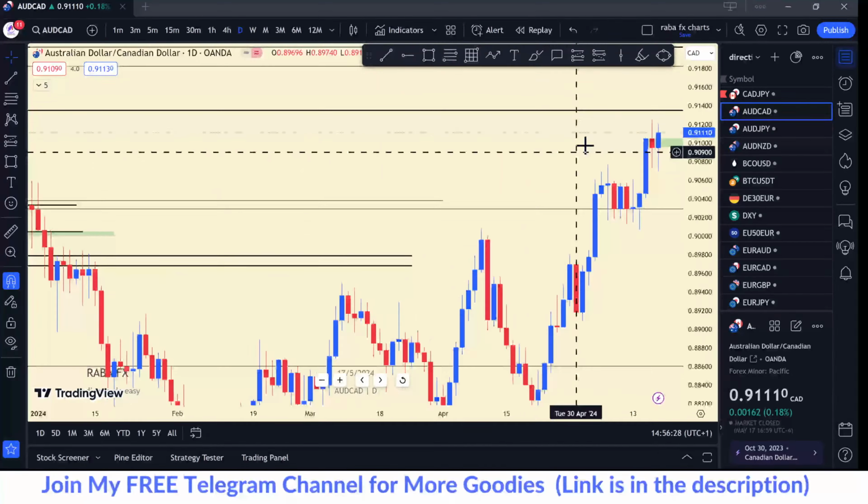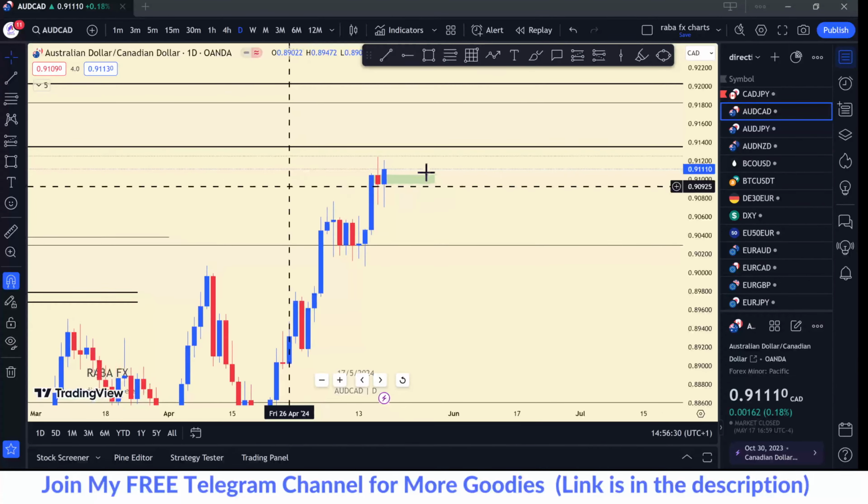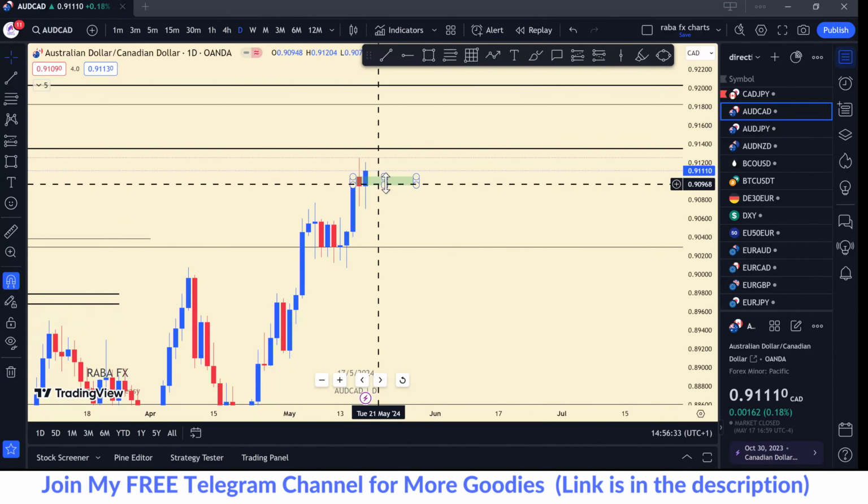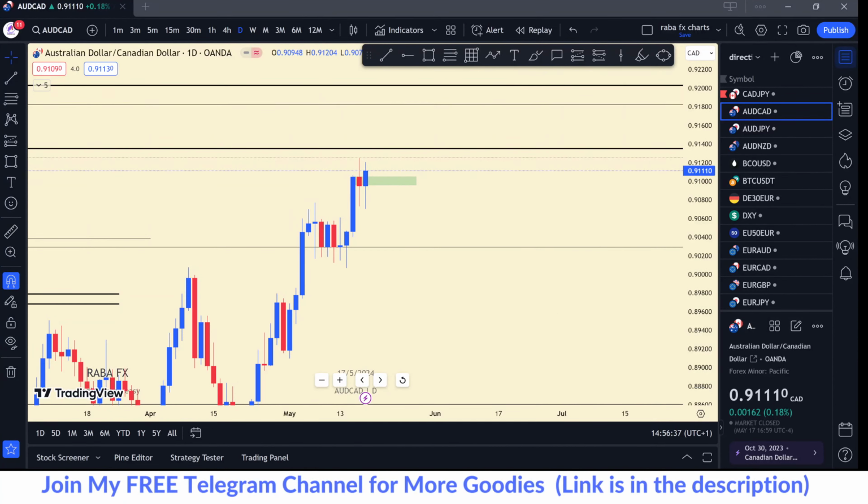So for now, AUD card is bullish, and this is your best area. The first area to start looking for entry will be from here. All right, so I believe I've done justice to that. You don't need to waste time when it comes to analyzing pairs. You simply look at the chart, look at the opening prices, mark them on your chart, and then make decisions around the opening price. And I can guarantee you your win rate will skyrocket. You avoid some unnecessary losing trades.